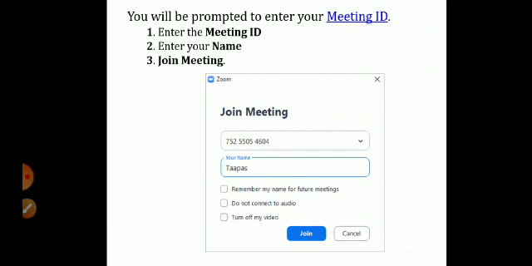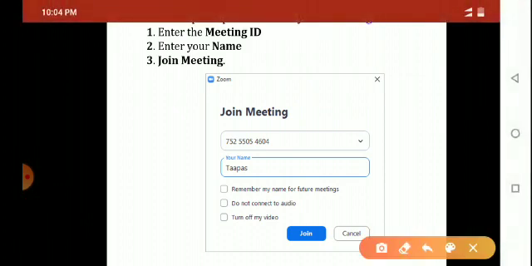You have to enter the meeting ID, enter your name, then join the meeting. Your host will send you a meeting ID, and you have to put that meeting ID in this box. Understand? Then you have to type your full name here.